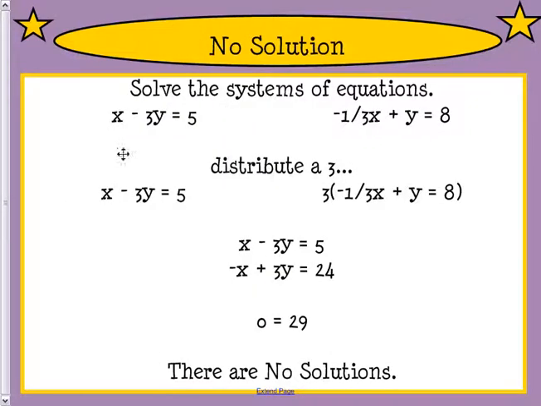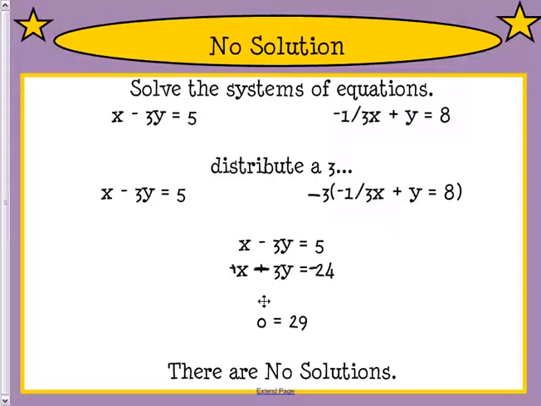Okay, what about this one? I'm trying to get rid of one of my variables. So on this side, I can distribute a 3, which would give me -x plus 3y equals 24. So if I do this, these cancel out, and this becomes 29. And 0 does not equal 29, therefore there are no solutions. Okay, let's explore this a little bit more in depth as well. If I make this a -3, then this is a positive x, this is a -3y, and this is a